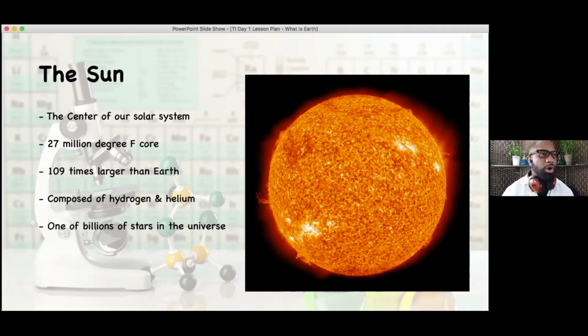It is special to us, but our sun is really one of billions of stars in the universe. So we now have a better understanding through NASA and other space technology that we have and intense telescopes. We're able to see far, far away into the universe. And we know now that our sun is one of billions across the universe and varying sizes. Our sun is actually pretty small compared to a lot of stars that we have in our universe as well. So we'll go from the sun into our first planet, actually, that's closest to the sun.